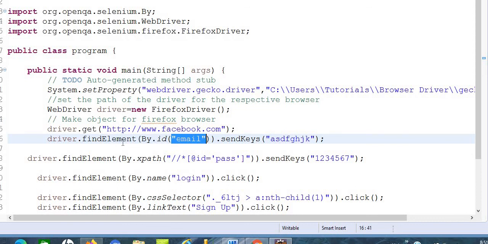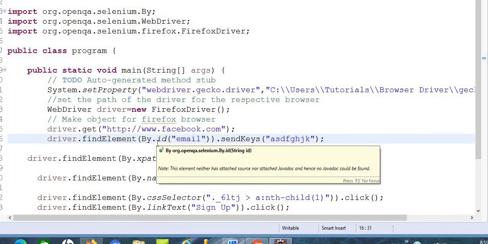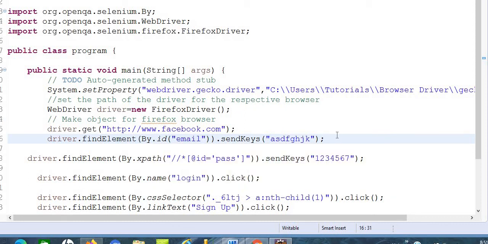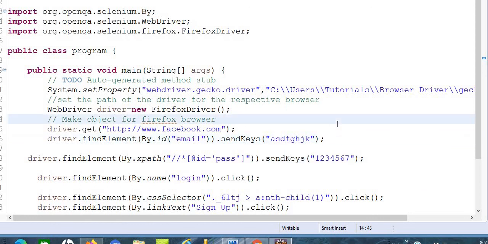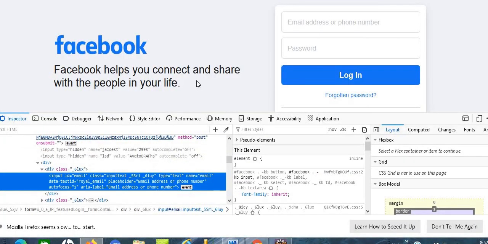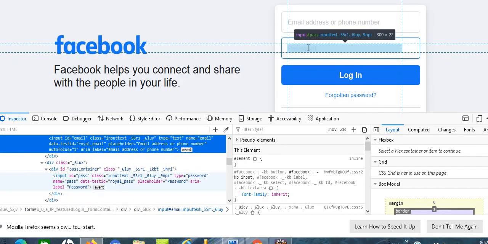I'm just giving the ID value and sending the values through sendKeys, ASDFGK, in the email ID text box. Now I'm taking the XPath of the password. Just go to Firefox. This is the password box. Click on the password.